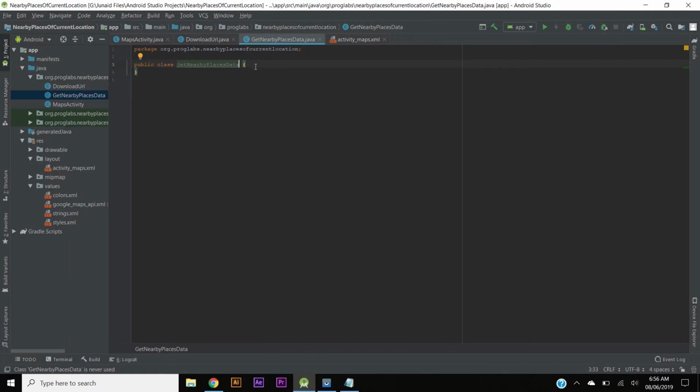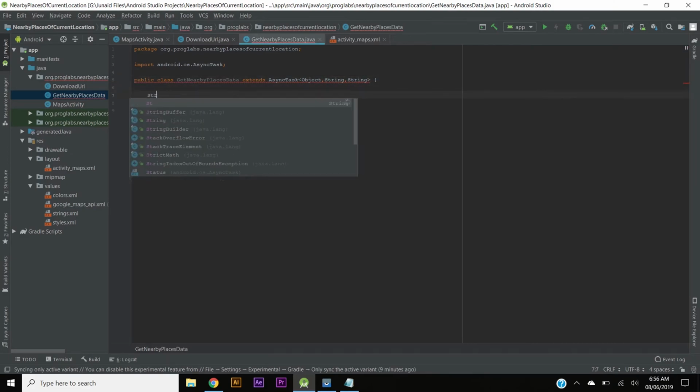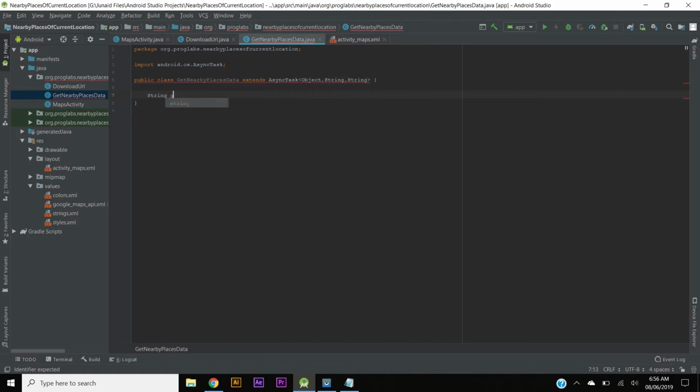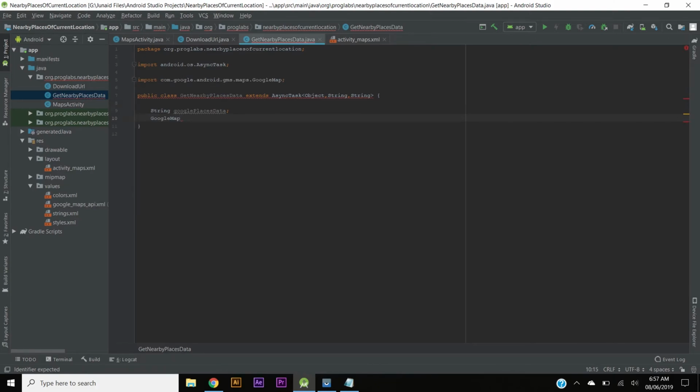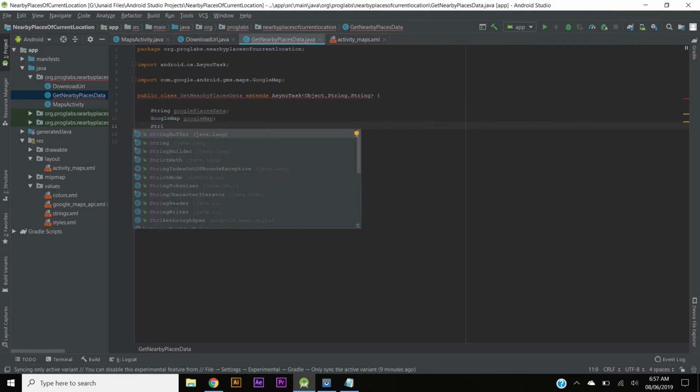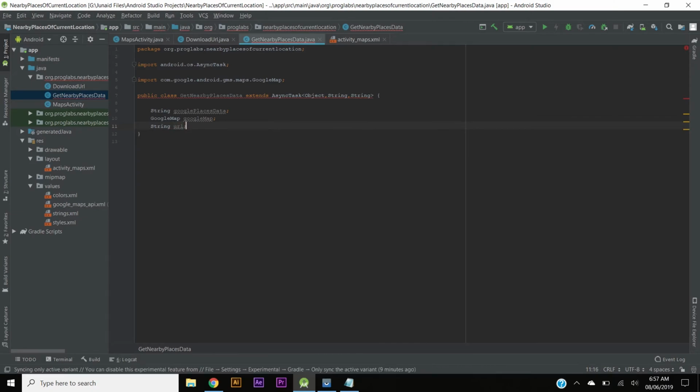So first, extend this AsyncTask object with String and String, Google Maps, Google Places data, Google Map, String URL. Okay,